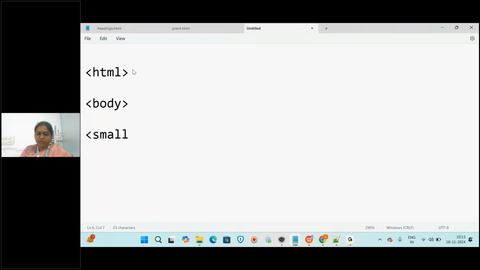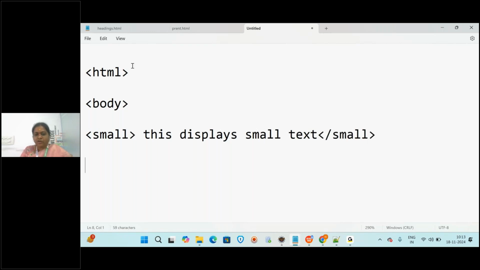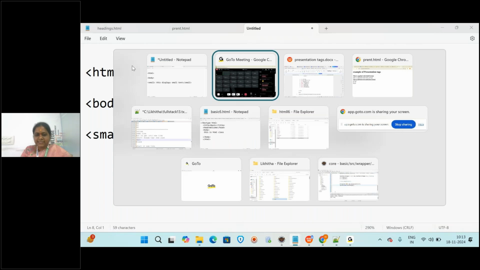There is a tag called small, so this displays small text. I'm just writing some text which will be displayed as small text. Close the small tag. Also we have something called insert and delete. So let us see how the insert and delete will come.